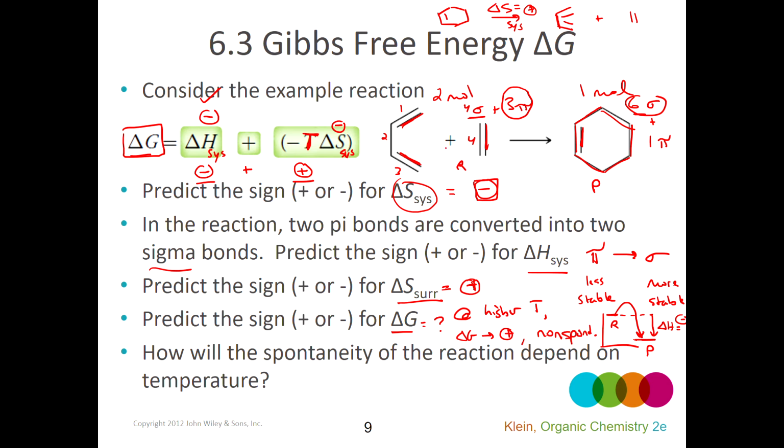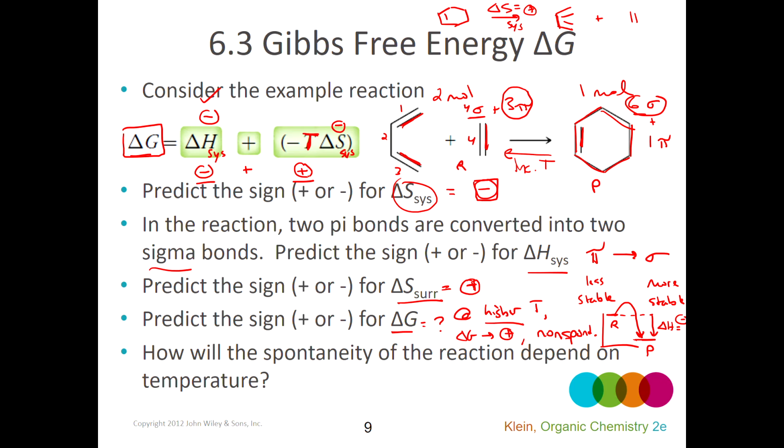So if this reaction is at equilibrium, and I want to shift it back toward the reactant side, I would increase the temperature. This is where this analysis is useful. I want to know how to control this process. How do I get more products, or how do I get more reactants, depending on my preference. If I want, in this particular example, to get more reactants, I need a higher temperature,